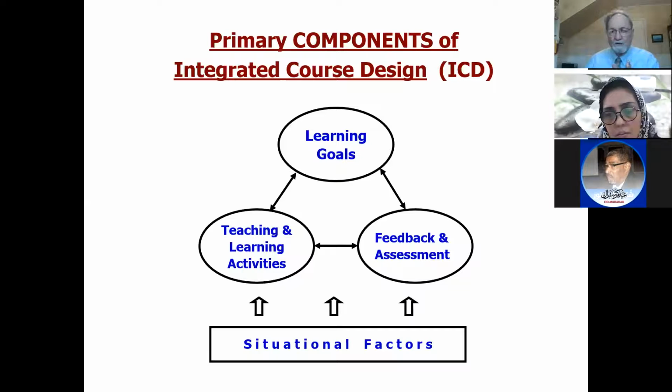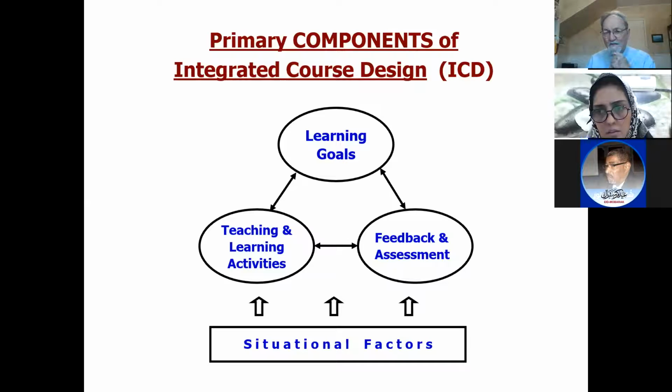Now, especially important in this diagram are the three sets of bidirectional arrows connecting those three circles. And that's what I mean by integrated. What those arrows mean is all three circles have to reflect and support the other two. For example, if one of my learning goals is for students to think critically about medical problems, but I go down to my learning activities and all I do is lecture and give them information, give them information, give them information, and there's no opportunity for them to practice and get feedback on critical thinking skills,